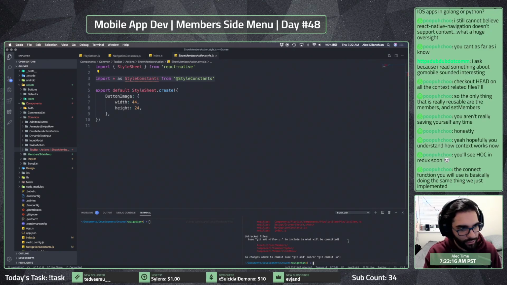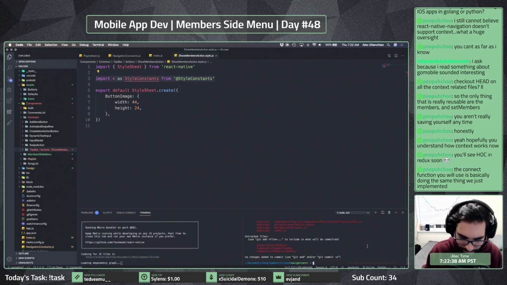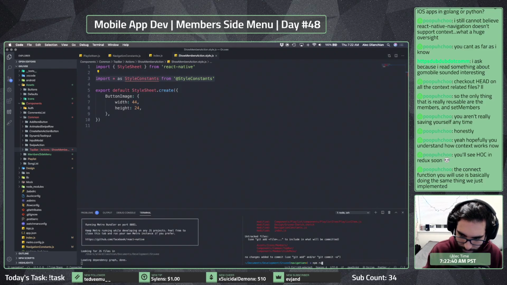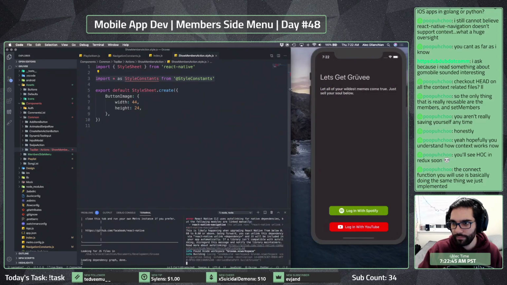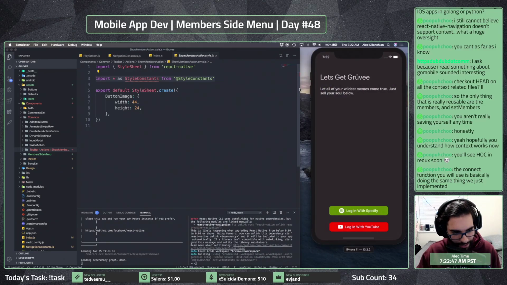The connect function you will use is basically the same thing we just implemented. Okay. Cool, cool. All right, let's commit this stuff then. Oh, I guess let's run it first, right? Yeah, it's probably a good idea.